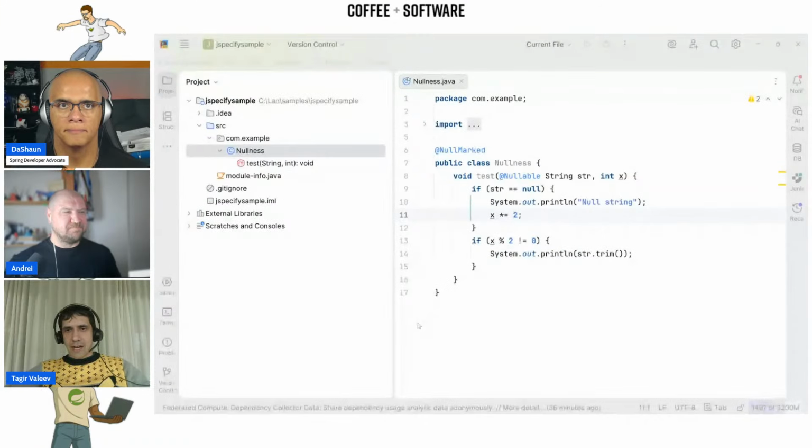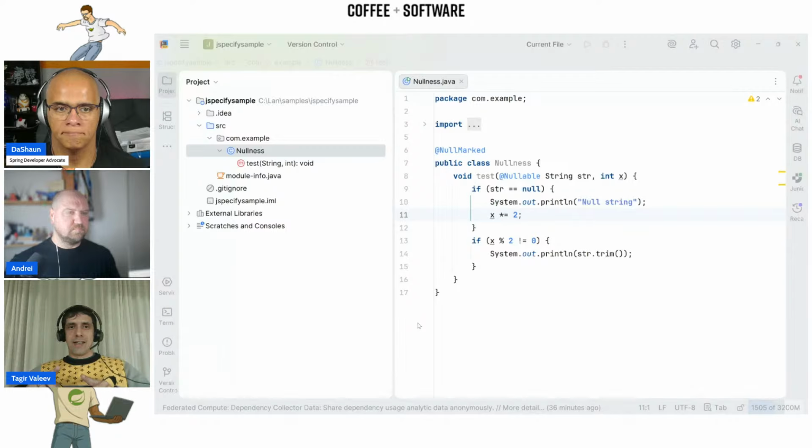Yes. So you can see here I created a test method with a nullable string. If the string is nullable, you should get a warning when you dereference the string. But you see, I dereference it at line 14. I say string.trim, and you get no warning. Why?